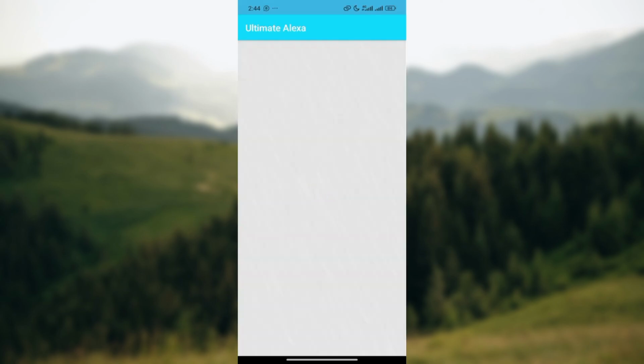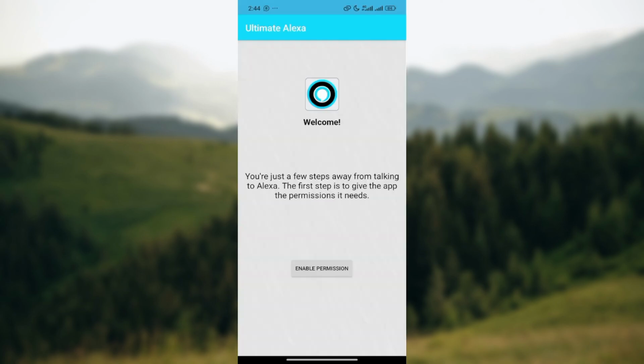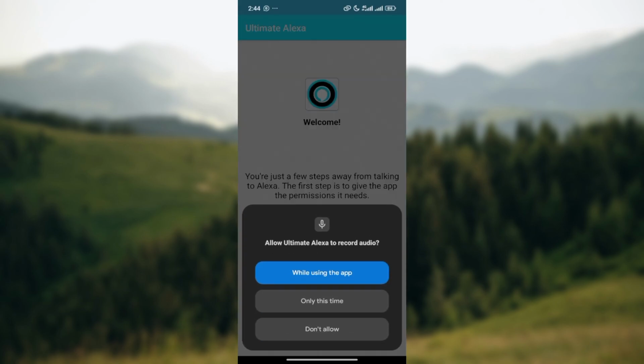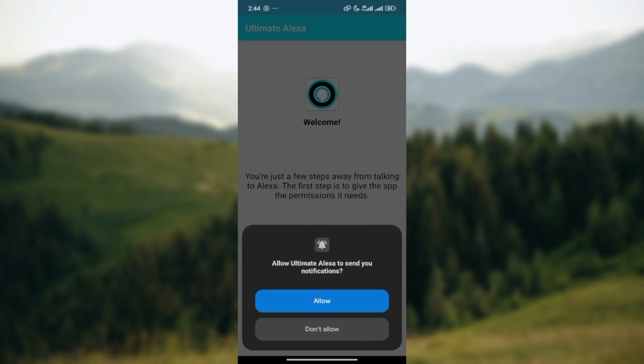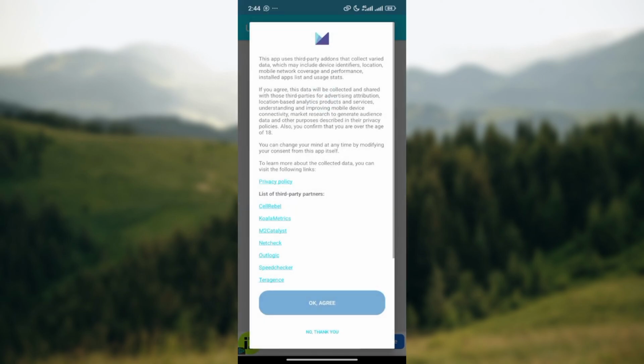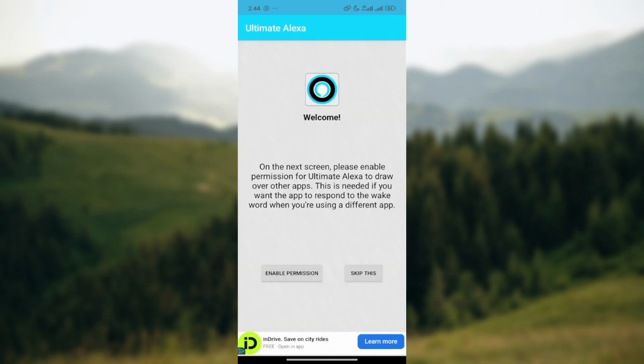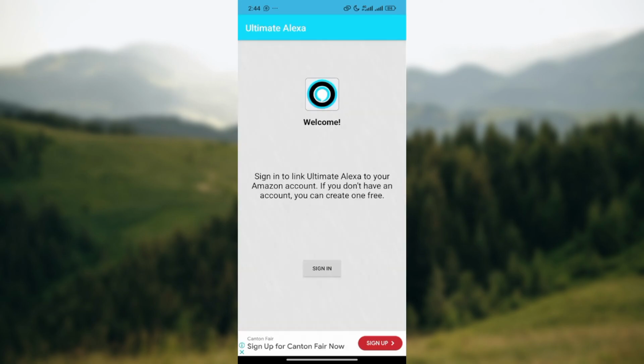All right, so once you're on your Alexa application, ensure you enable permission for the Alexa application. And once you're done with that, the next step would be for you to link your Alexa account with your Amazon account. All right. This is important so it can be easy for you to listen to audiobooks with Alexa